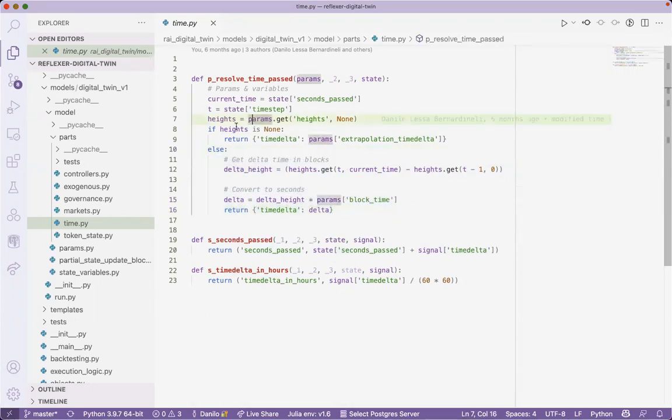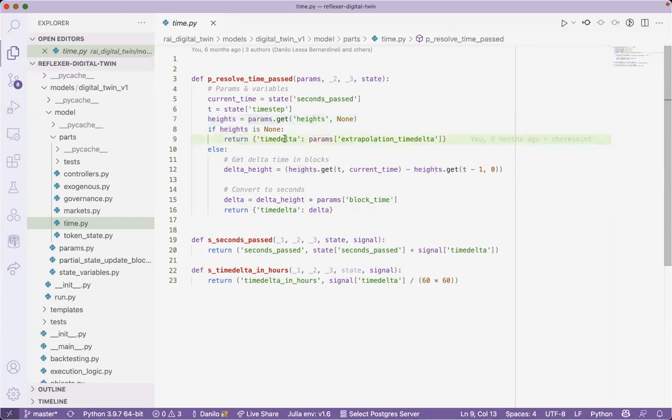The reason why we have this if clause here, if heights is none then you have this, if not you have that, is because these heights we only use on backtesting, and backtesting uses historical data. So if we are backtesting, if you are providing historical data, we need to compute these delta heights.